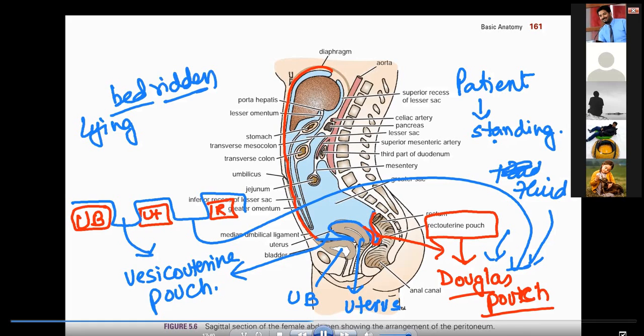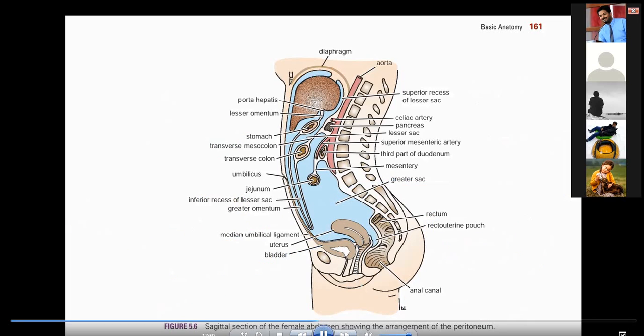in the bedridden patient, the fluid will accumulate in the Morrison pouch. Morrison pouch, which is present here. Okay, Morrison pouch. I will show you another diagram for the Morrison pouch, but just remember here that